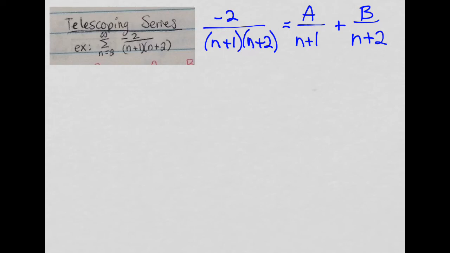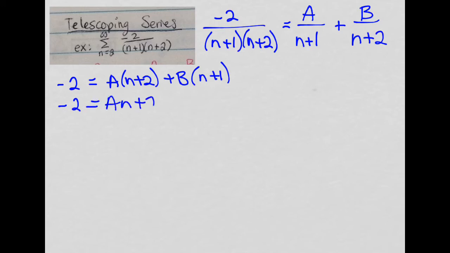Alright, so let's use our partial fraction decomposition rule. So we multiply both sides by the denominator here. So we get 2 equals a times n plus 2 plus b times n plus 1, because the other factors will cancel when you multiply n plus 1 and n plus 2 by a. The n plus 1's cancel. Over here the n plus 2's cancel. So we get, let's continue, 2 equals an plus 2a plus bn plus b,